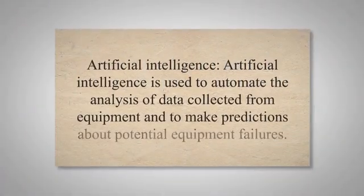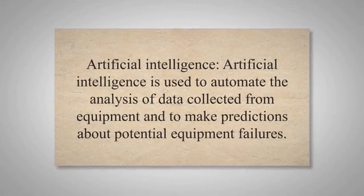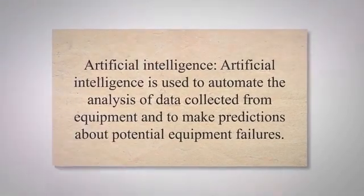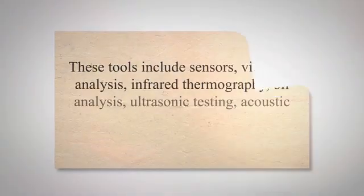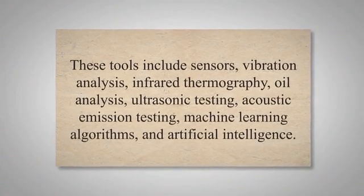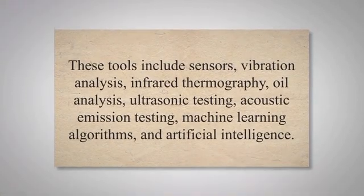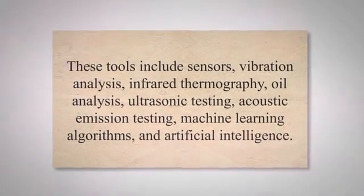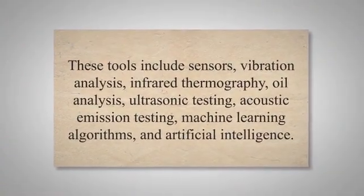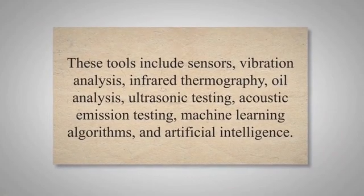Artificial intelligence is used to automate the analysis of data collected from equipment and to make predictions about potential equipment failures. In summary, predictive maintenance relies on a variety of tools and technologies to detect potential equipment failures before they occur. These tools include sensors, vibration analysis, infrared thermography, oil analysis, ultrasonic testing, acoustic emission testing, machine learning